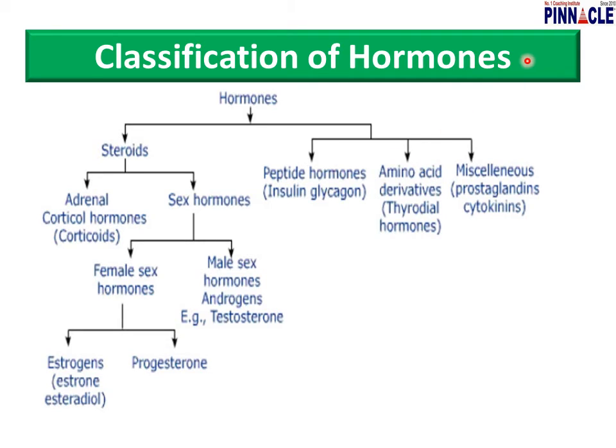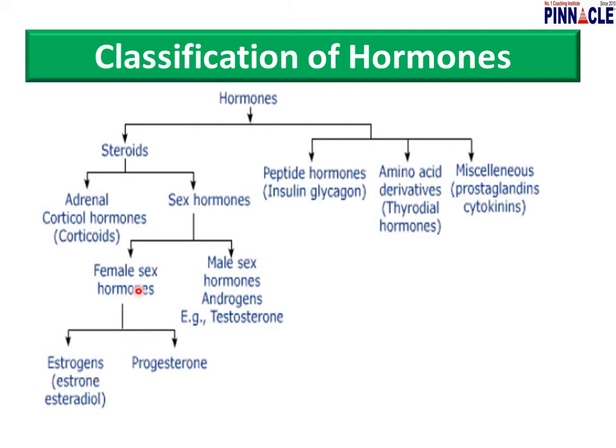If we want to classify the hormones, we can divide them into two parts. One is steroid hormone and the other type is peptide hormone, amino acid and miscellaneous. In peptide, it can be insulin, glucagon hormone, or amino acid derivatives, thyroid hormones, or prostaglandins, cytokinins. These are the non-steroid hormones. And steroid hormone can be of two types. One is sex hormone and the other is adrenal cortical hormone, that is corticoids. We also call it corticoid. And sex hormone, male sex hormone and female sex hormone. Male sex hormone, androgen and